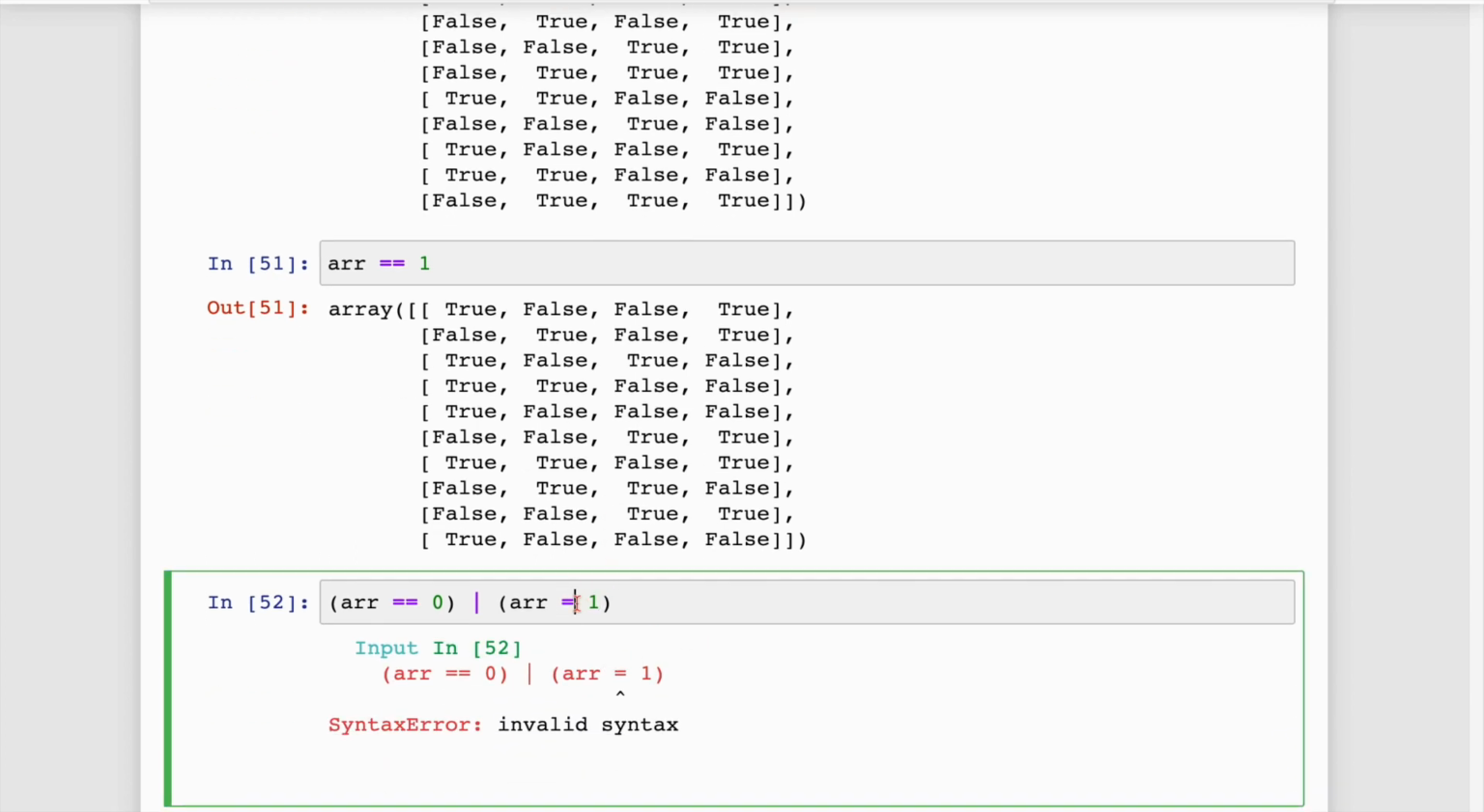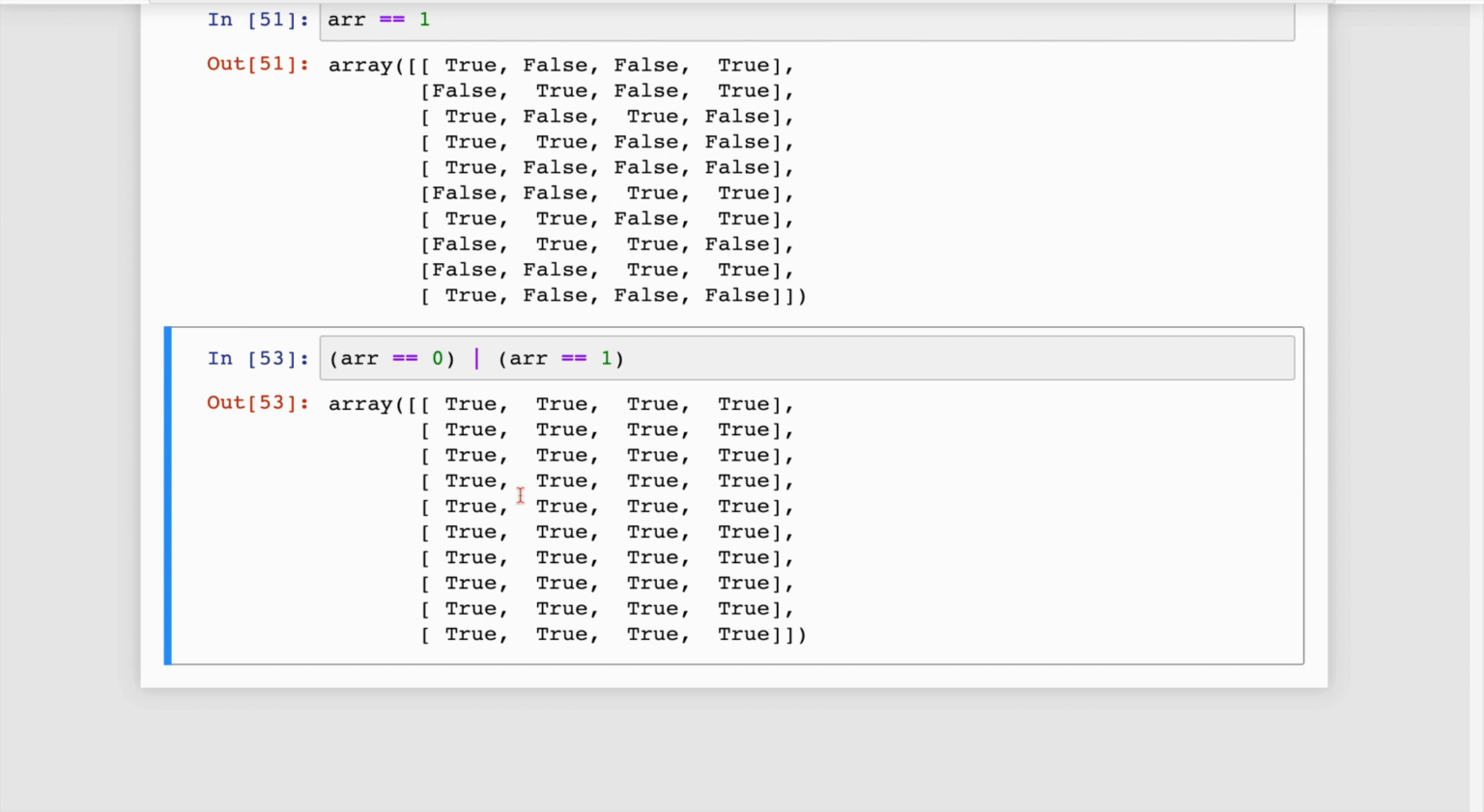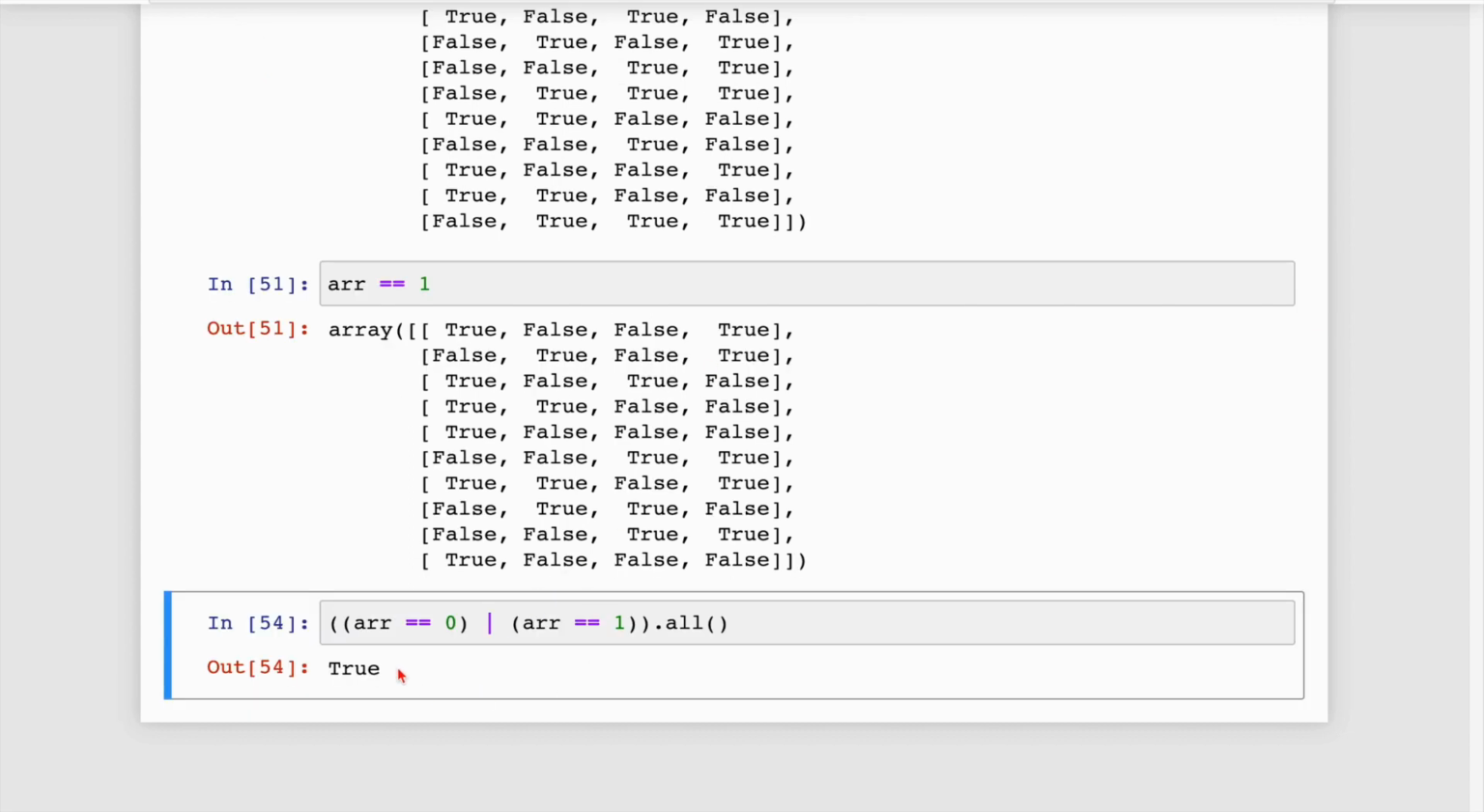Oops, what's wrong here? I need the double equals, right? So notice here, because this was our valid array, it returns true everywhere. Remember, when we're passing it to our function, we want every single entry to be true. So I can say .all, and notice that this gives true. So what I want to do when I go back to the function